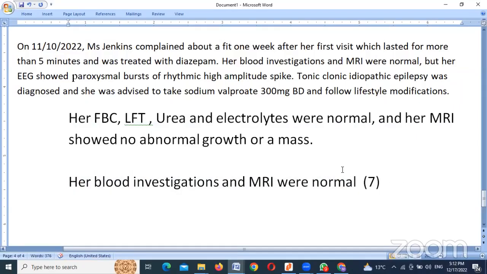7 words here, and here we have 19 words. Okay,